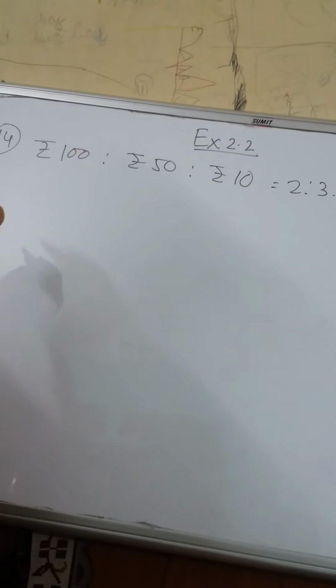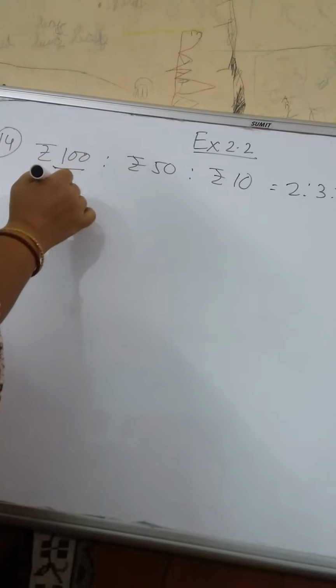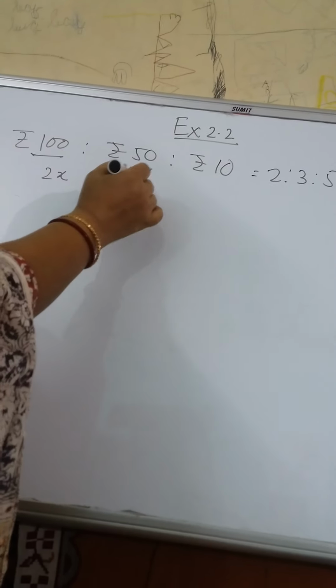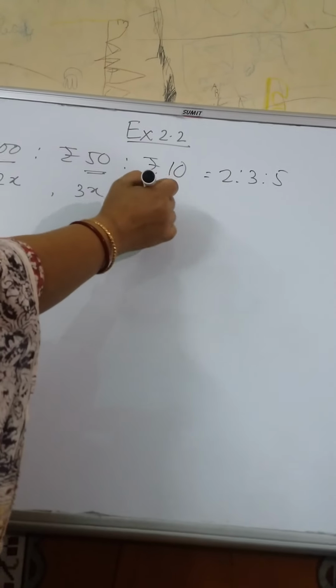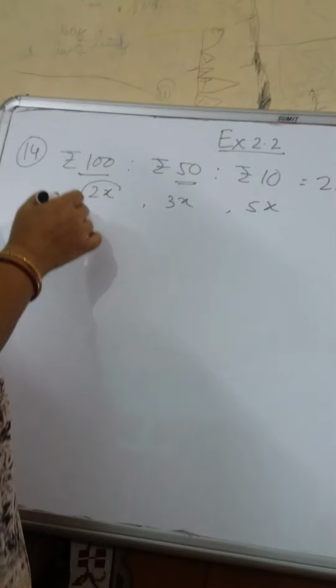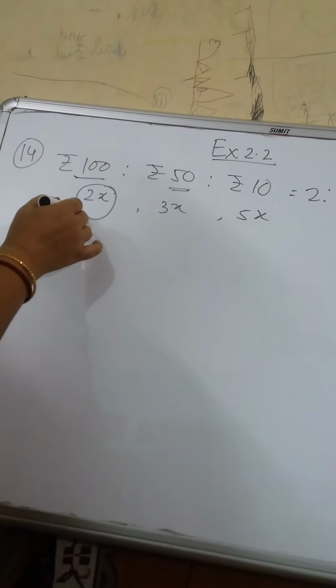So we can consider 100 rupees notes as 2x, 50 rupees notes as 3x and 10 rupees notes as 5x. If she has 2x number of 100 rupees notes, how much money does she have